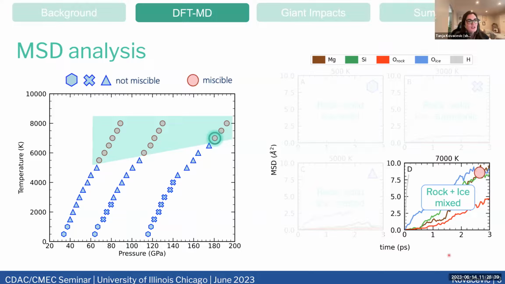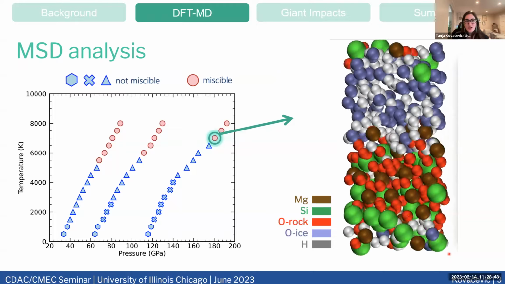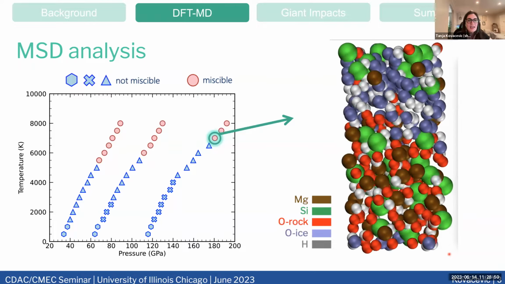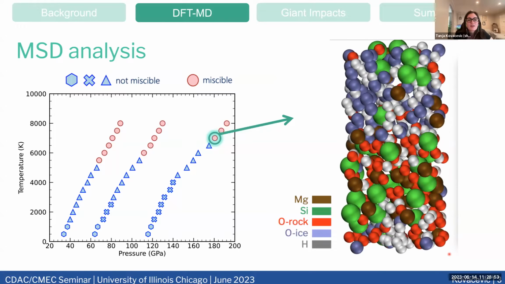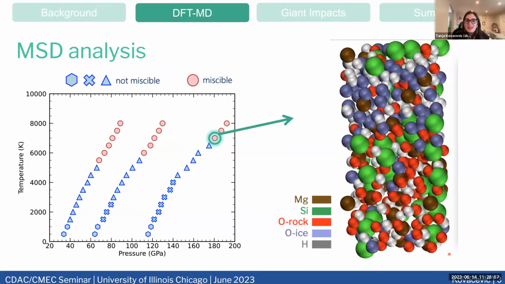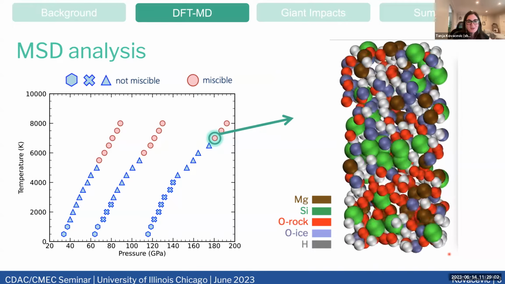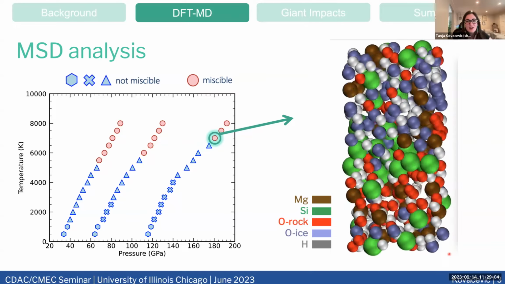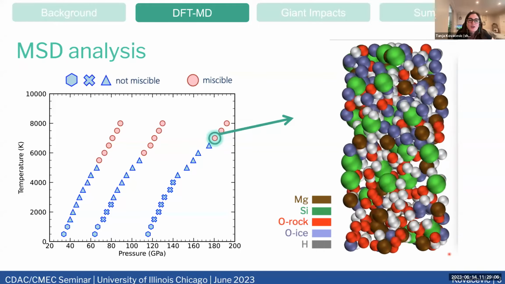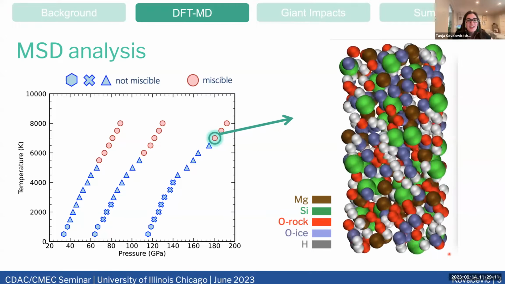Now, instead of just going through and showing all the radial distribution functions, which is a little complicated to explain, I thought I could show y'all a video of the simulation of what we mean by mixing. So we start off with ice on top, rock on bottom. This is within 3 to 4 picoseconds. I'm having a hard time telling the difference between icy and rocky material in the simulation. And as it goes on, it just becomes more of this rock-ice slurry. So if those MSD plots didn't convince you, at least hopefully this trajectory does.